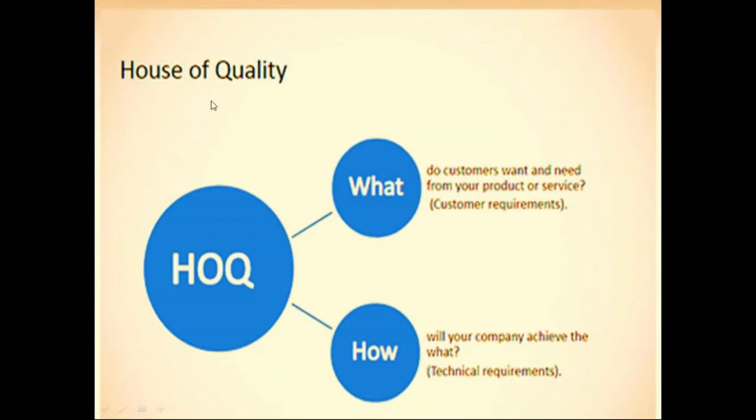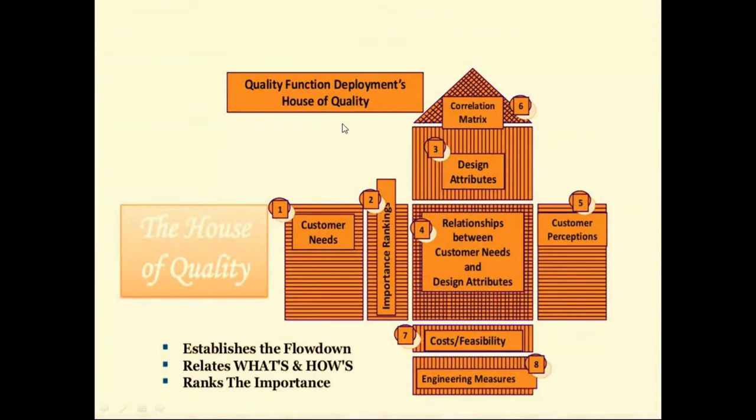So this is the schematic diagram which shows the house of quality. See why I'm calling it the house of quality. This is the roof. Okay, it represents the roof of a house, of our own home. And the first one which I told you, the customer needs, defines the WHAT. So what is the requirement is filled along this square.